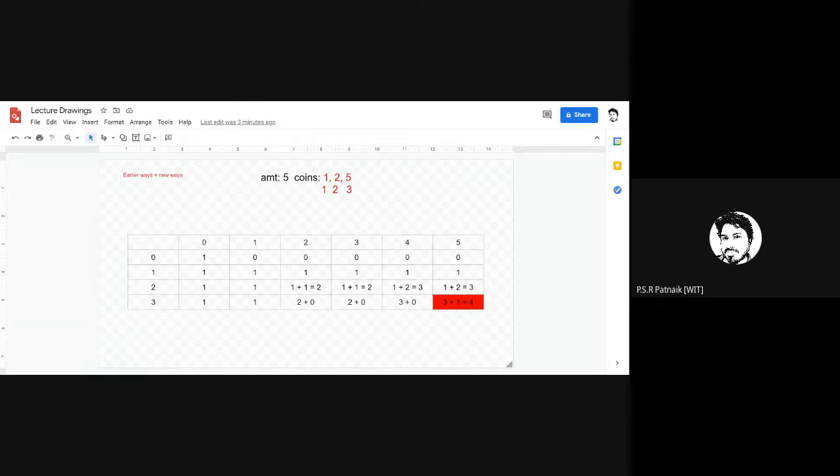So we need to define the table. How do we define matrix-like structures in Python? List of lists. How do we define the list of lists? Any idea?